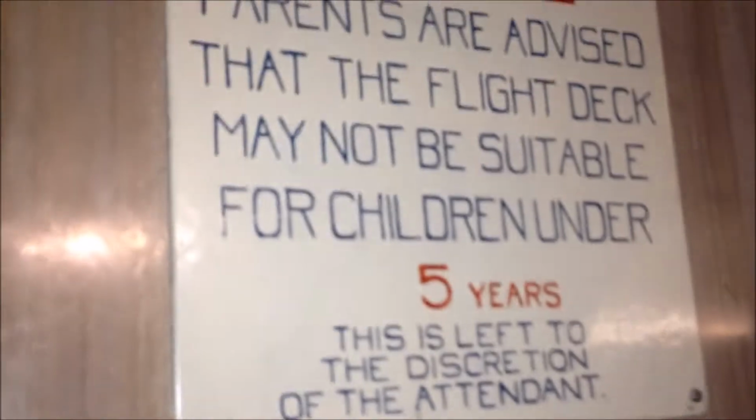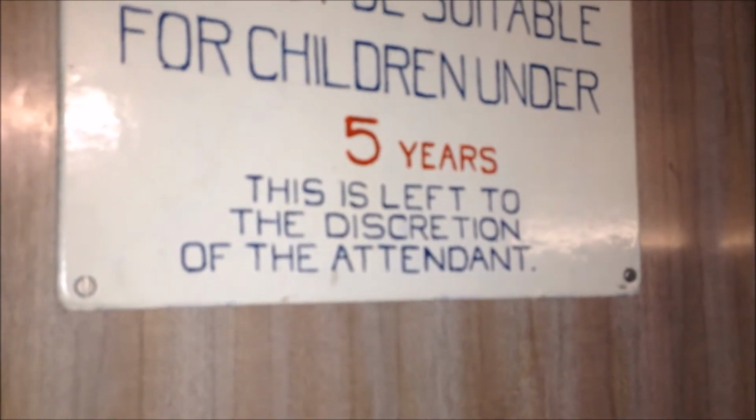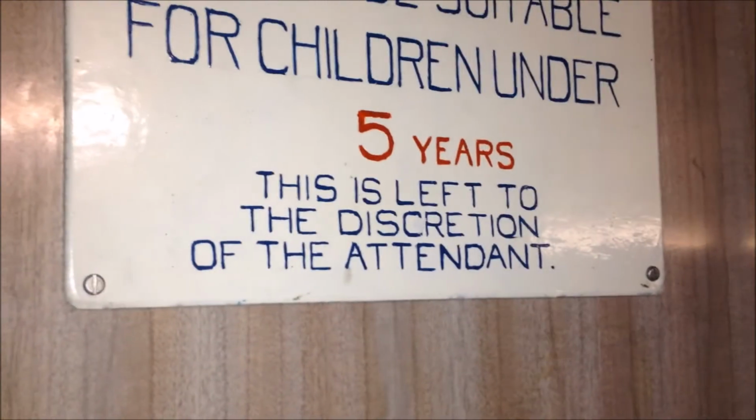So here I found the toilet. It's right at the very front of the plane. So it's a long walk for the passengers. It's got a proper sink, and it's just below the flight deck, which it says there 5 years. Left to the discretion of the attendant. But anyway,